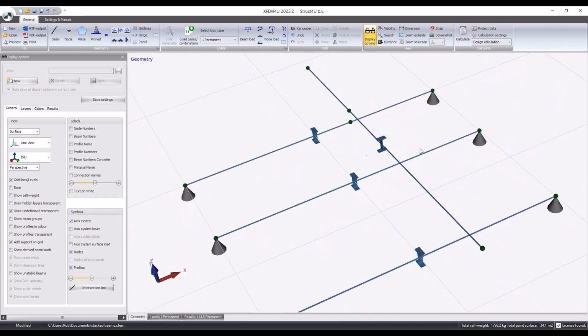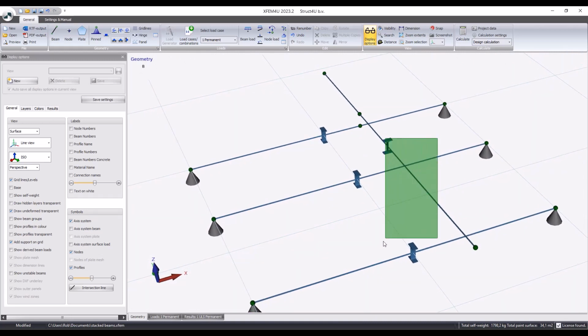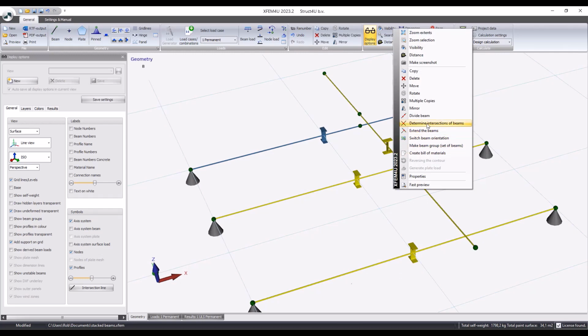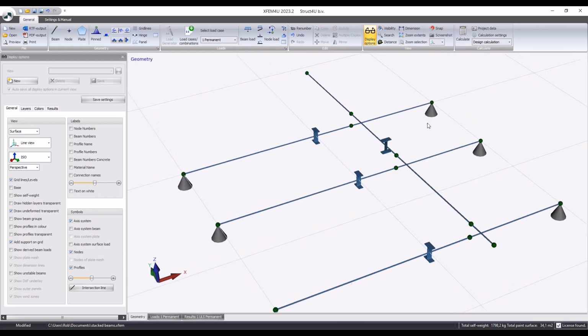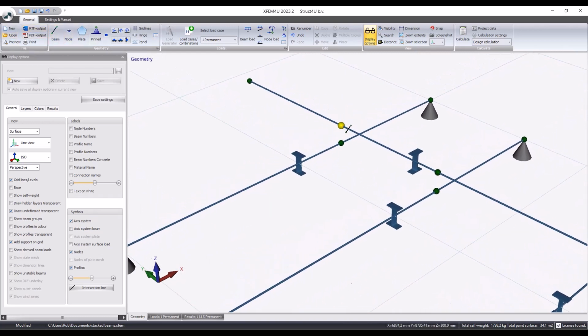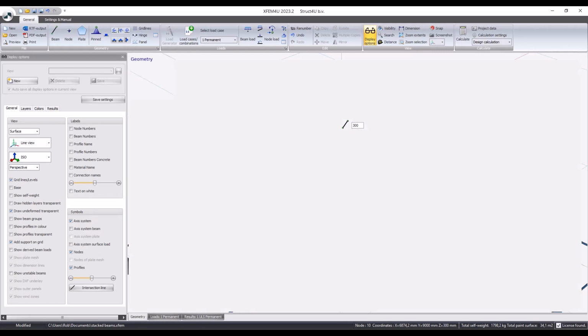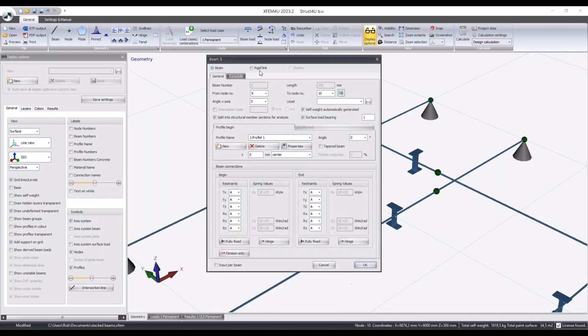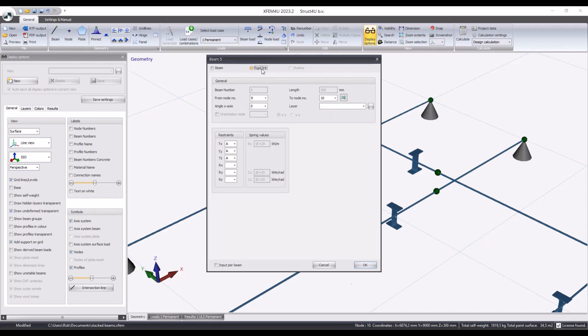Okay, we do the same here, and of course you can select several beams at one time. Just do the same, determine intersection points of beam. That's it. Now we draw a beam like you're used to, just like this, and you choose here for rigid link. And here you can enter your spring values. By default it's a fully fixed hinge connection, but you can also enter your fully fixed link rigid element here,